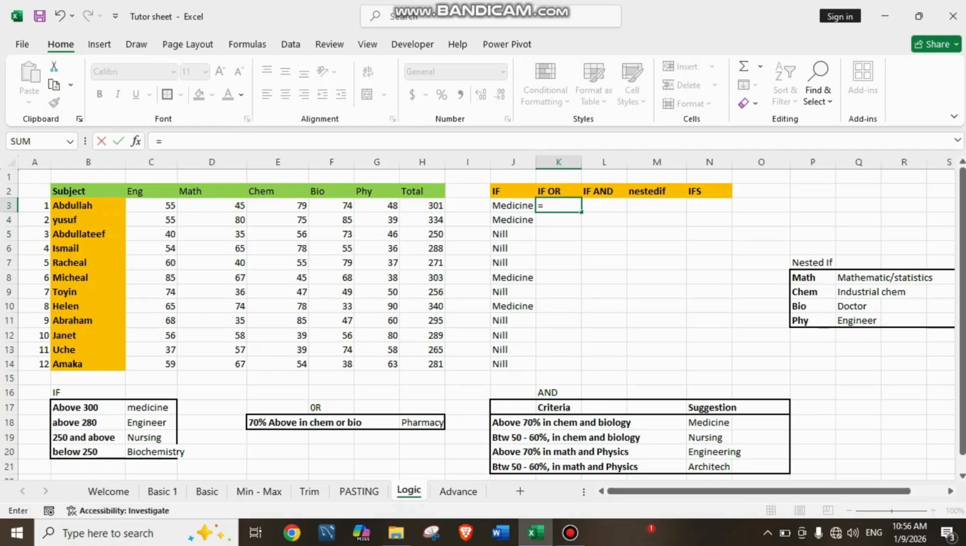You write equals IF, press tab, you now put OR, you press tab again. Then what do we want? We say OR is here. This is the criteria we want to use. So 70% above in Chemistry or Biology, we should give that person pharmacy. Now we will say if this person's score, you click on Chemistry, if this is greater than 70, comma,